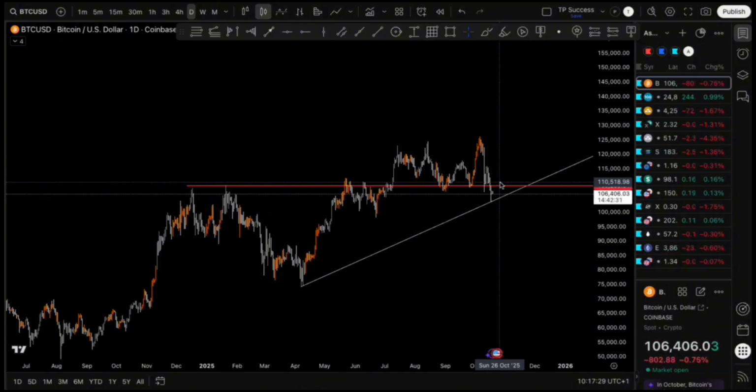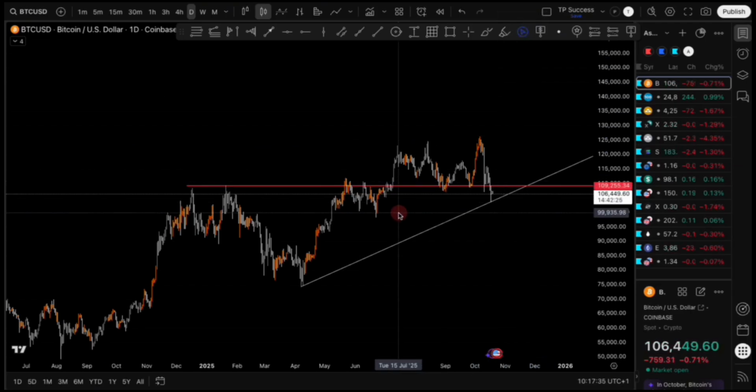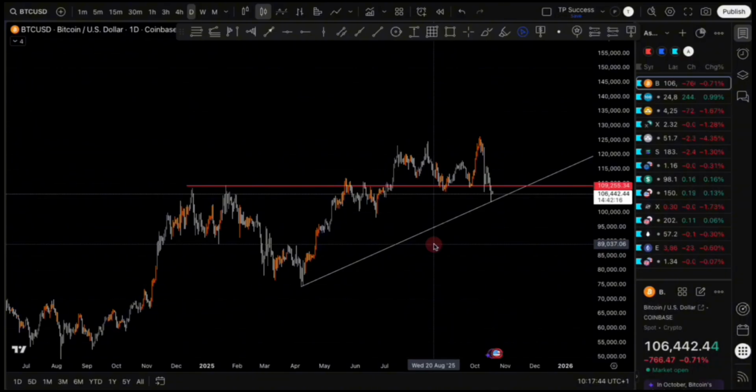However, we're not done yet. We still got a lot of work to do. As a matter of fact, let me just bring on my pointer. It's going to make things a lot easier, right? So we know what to do now, in terms of a rough idea, if the market closes above